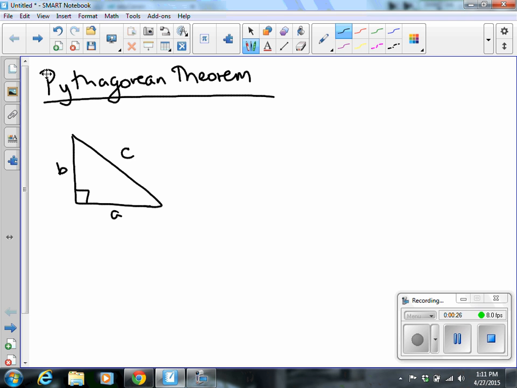And we have side lengths of A, B, and C. We know, based on the Pythagorean theorem, the formula is A squared plus B squared equals C squared. With this being said, the C squared has to be the hypotenuse. Okay, so with that being said,